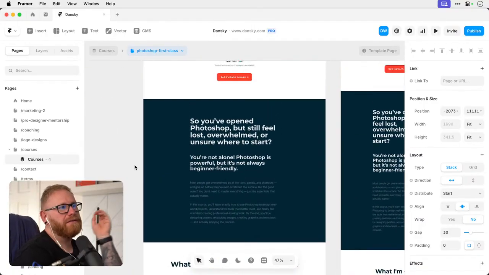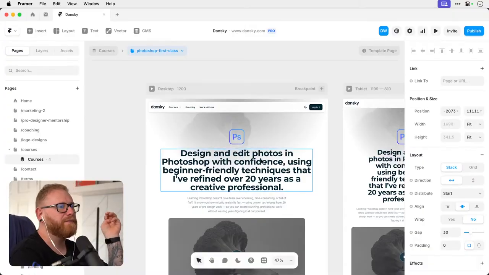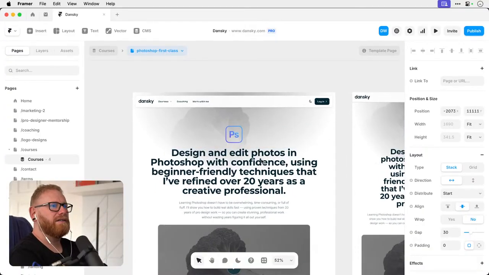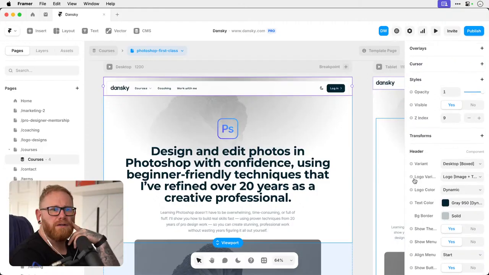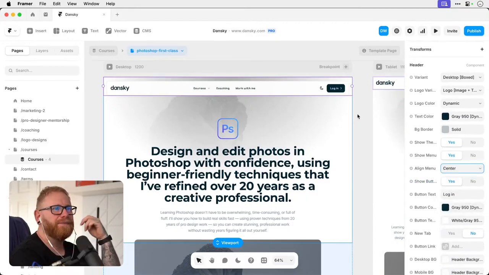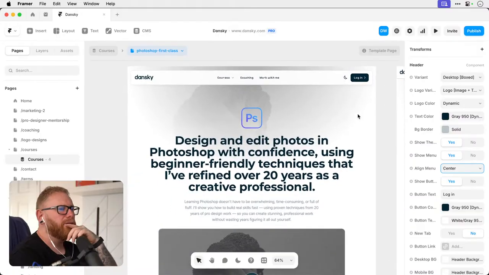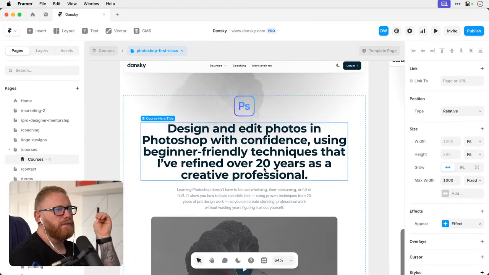Right, we've got to go through this template. The good news is I've only got to do this once. And, oh, you've got the wrong nav bar. Oh, no, it's the right nav bar, but it's not centered. Why are you not centered? Align menu, center. There we go. Right, this is very wordy as well. Design interface.